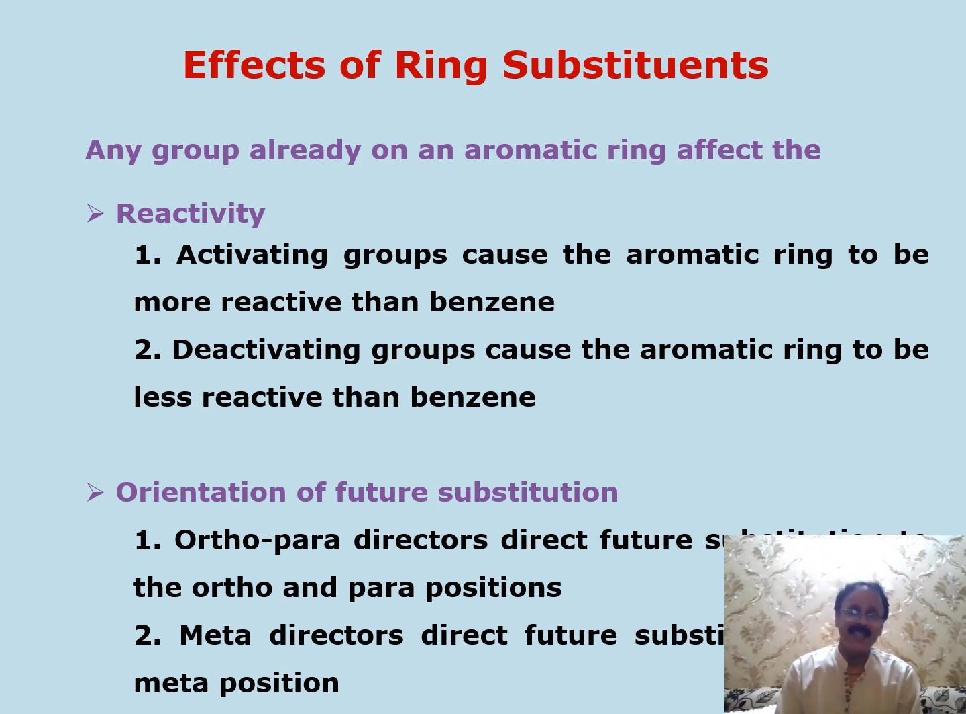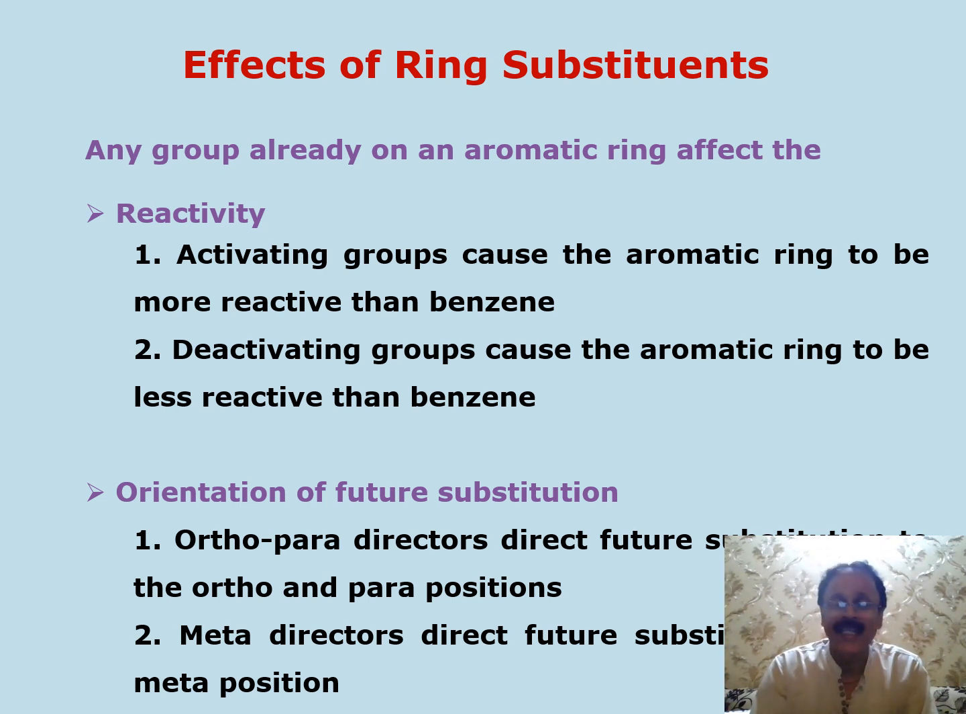Whether the second substituent occupies the ortho position, meta position, or para position depends upon the substituents which are already present on the benzene ring, that is the aromatic ring. So any group already on the aromatic ring affects the reactivity. So what is the effect? If there is